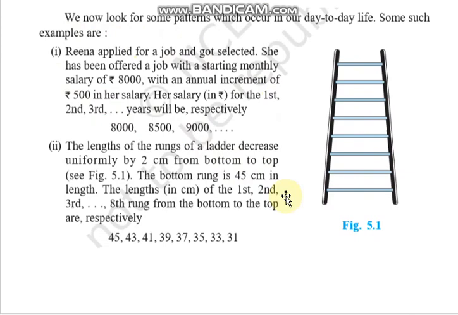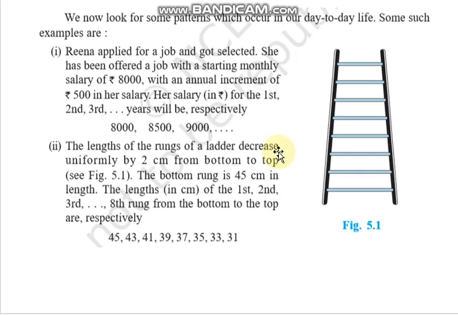Now let us discuss one more example. For example, you are buying an Activa and you have decided to pay the amount in installments, or you are paying an EMI of 5,000 rupees. So by each month your paid amount will increase by 5,000 rupees because you are paying 5,000 rupees per month. So this is called AP. Why? Because the paid amount is increasing by 5,000 at the end of every month. So this is called arithmetic progression.